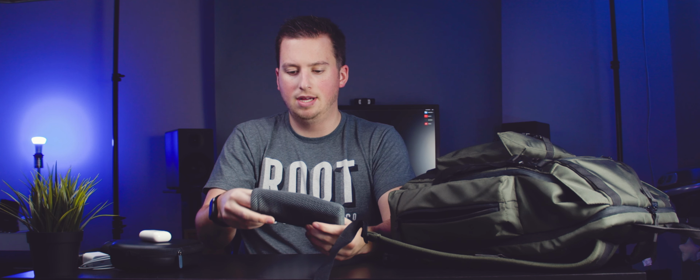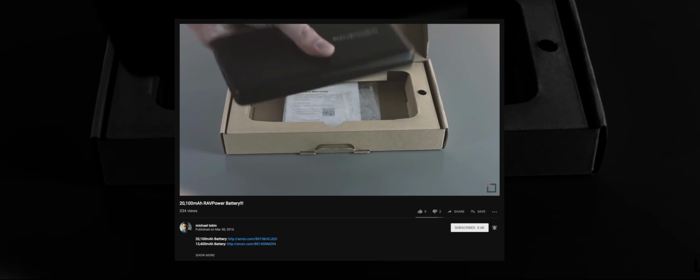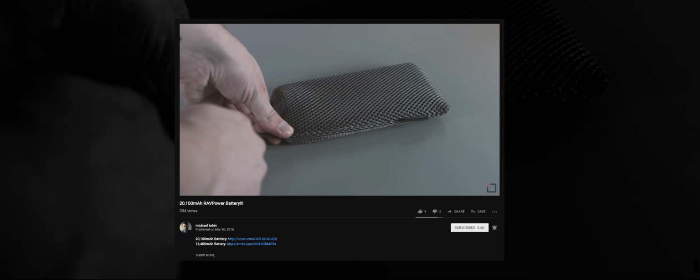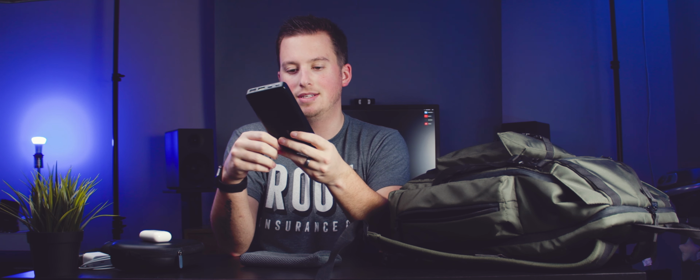And then in here, this thing I have had for years. I believe this was actually one of my first videos I ever did on YouTube, a review of the Rav Power Turbo Series portable charger here. I absolutely love this battery bank. Again, I've used it for years. This thing is